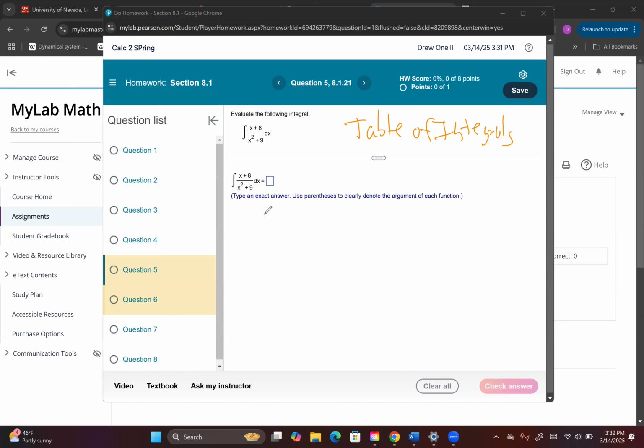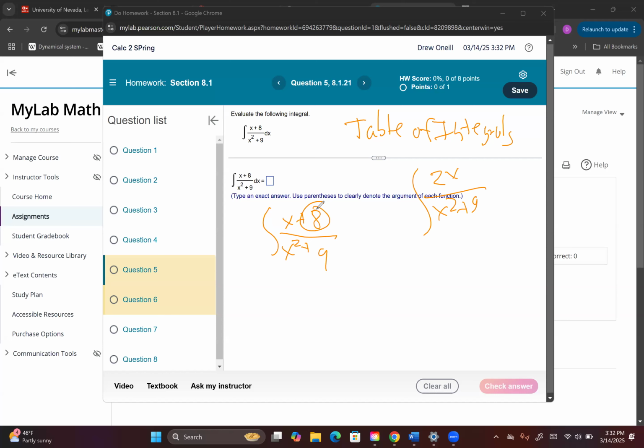So the step I'm going to do though is you're going to be like, why'd you do that? And I'm not even sure this is how the video does it, but I'm going to assume they do. Because of what I just showed you, when we just have 2x over x squared plus 9, and we know that one works out perfectly, this plus 8 is a problem.